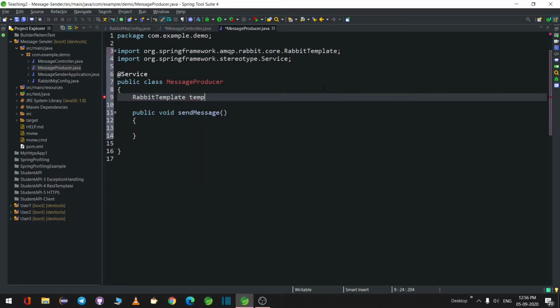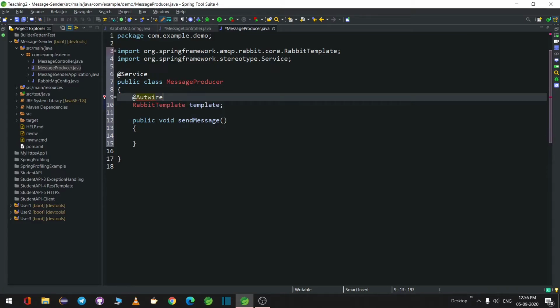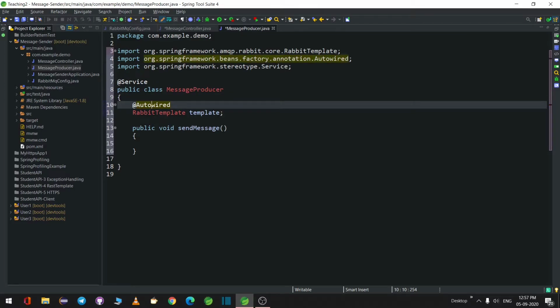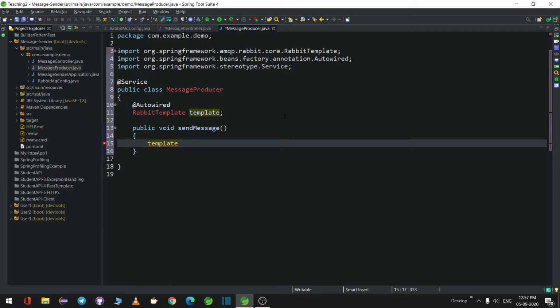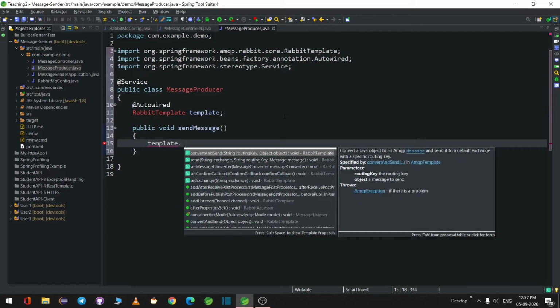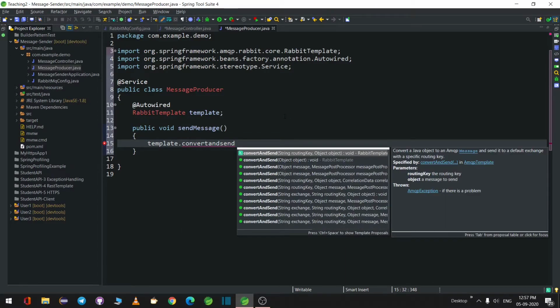So we have to autowire this with @Autowired. Control Shift O. So using this template, we have to send a message. Template dot, we have different methods, convertAndSend. This is a commonly used method.